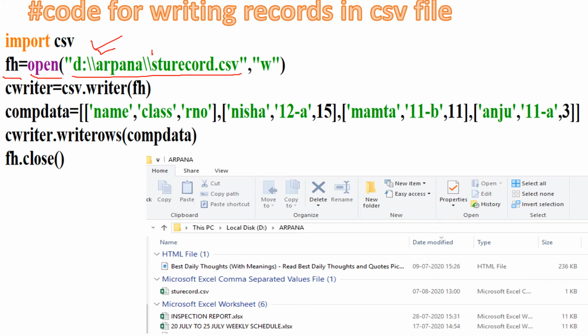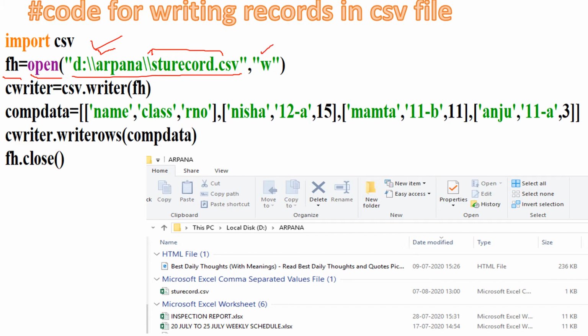But because you have studied escape sequences, for using a backslash we have to use a double backslash. Otherwise, the backslash with any character may become an escape sequence. So to avoid it and to keep a backslash as a backslash, we write a double backslash. This is the D drive, because my file is saved in the D drive in a folder, and this is the actual name of the CSV file.